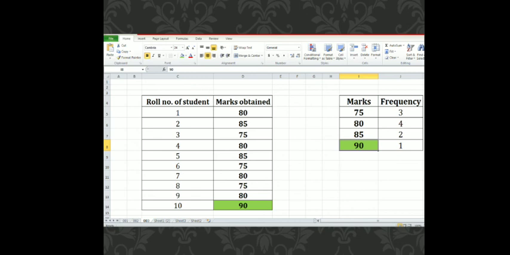It means the applied formula was correct, and using this formula we can easily calculate or prepare a frequency distribution table. The example taken is just a representative example. It can be applied to a larger data set to make a compact frequency table, which would be useful for further interpretation.